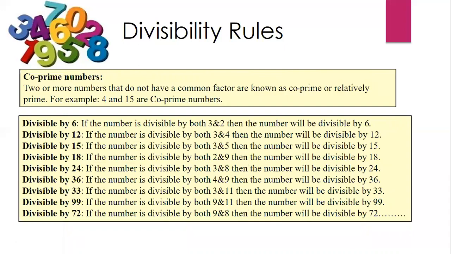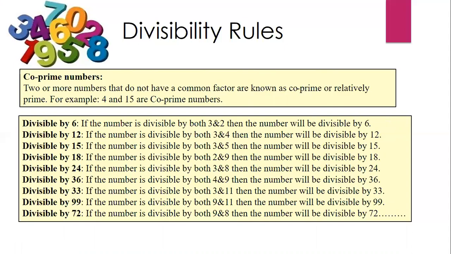So now we need to see about co-prime numbers. When can we use the co-prime numbers? We don't know the divisibility rule for 6, 12, 18, 24 like this. So whenever we get a larger number or a composite number like this, with the previously known divisibility rules, we can use that particular logic.